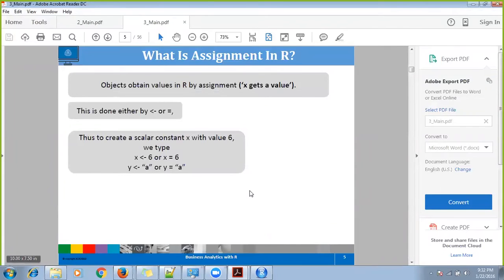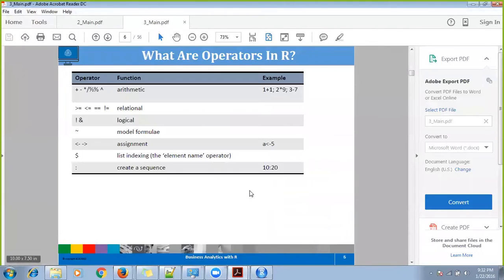Next slide. So this is basically the assignment operator. Similarly, there will be a lot of other operators. Like plus and minus, these are for addition and subtraction. Star is for multiplication. Divide by is for division. And two percentage symbols simultaneously, not a single percentage symbol, will represent the remainder operation. And this is your power operation, like x to the power 2. If you want to write x square, you can write x to the power 2.